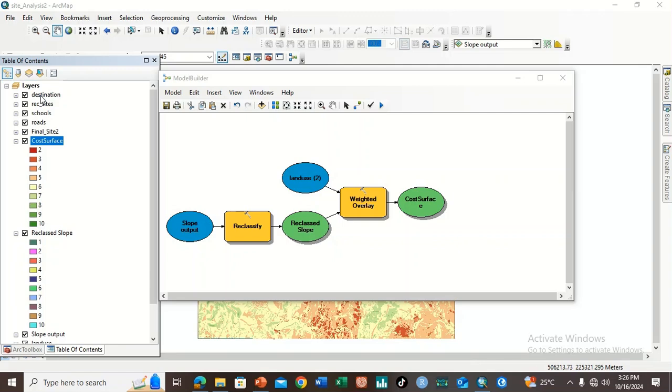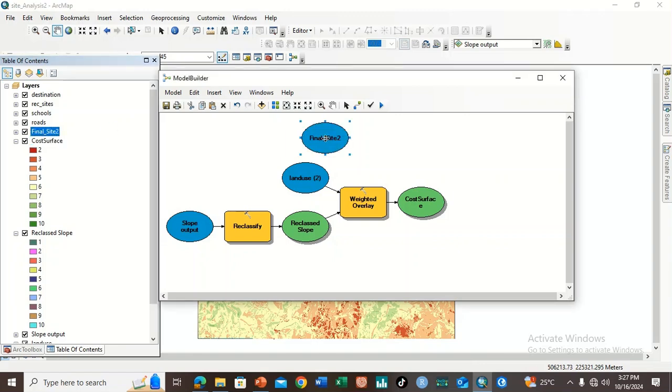The cost distance tool will have the output raster and the output backlink. The output raster doesn't give us the least costly path, whereas the backlink output will show the least costly path. Okay, let us add the data set as this, the final site